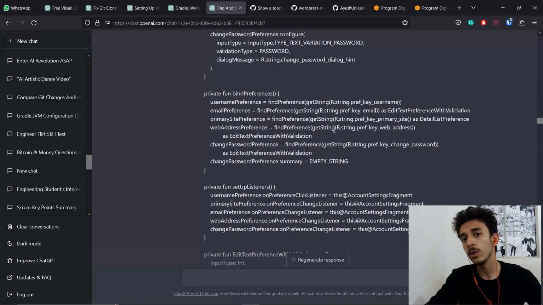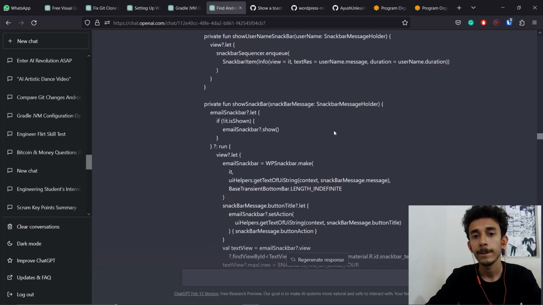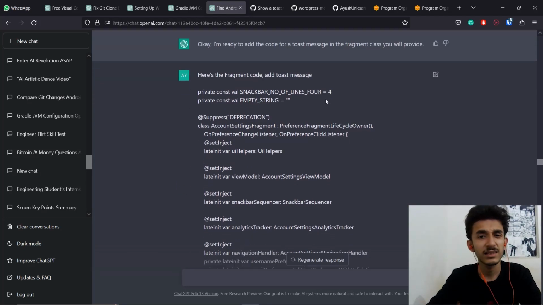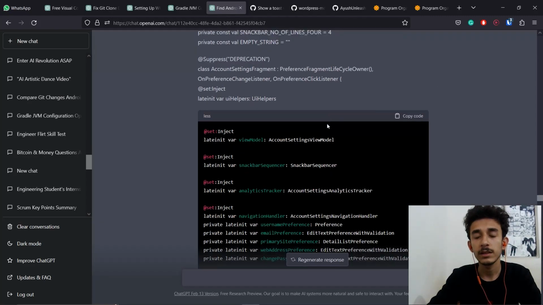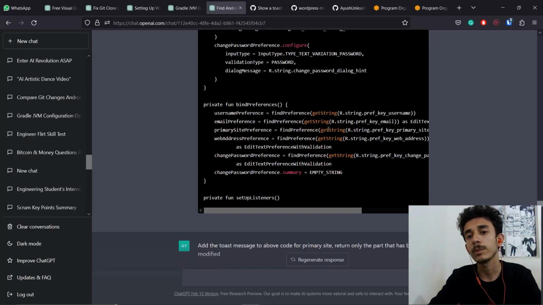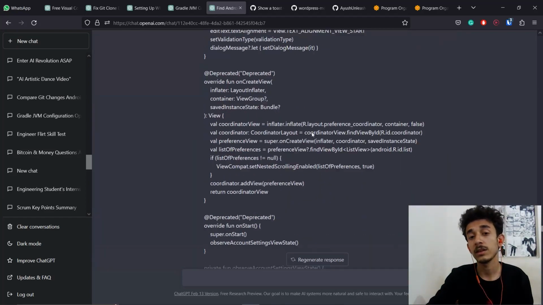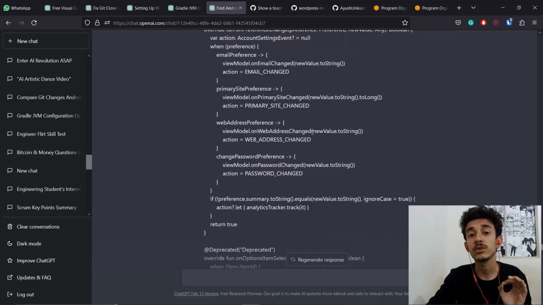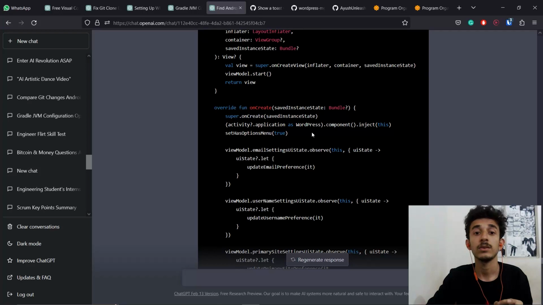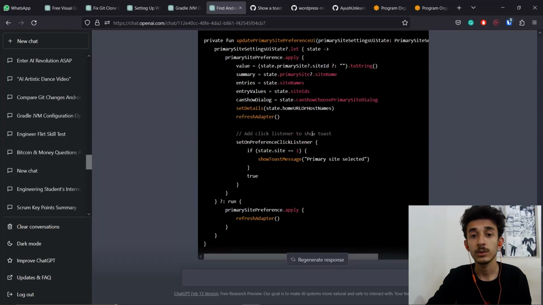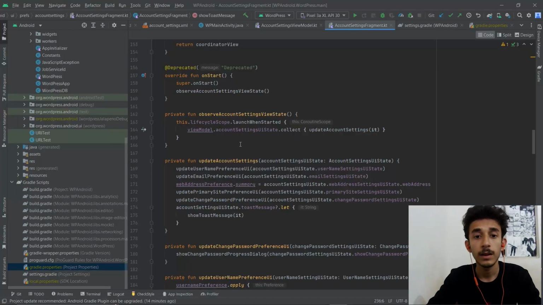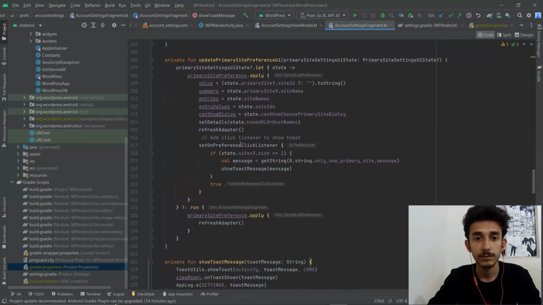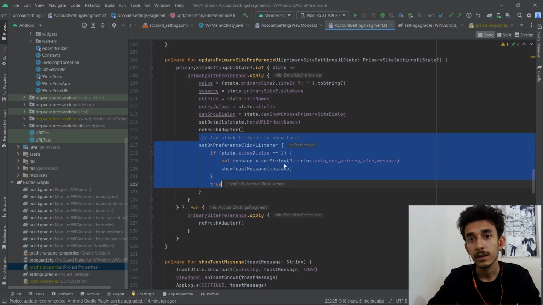I copied the whole file, then I told it again and again, with some back and forth. After that, I got it to write me the code, and it stopped in between. And I told it again to just give me the code where it had made the changes. So it gave me the code where it made changes. I copied the code and pasted it here. And that's how,